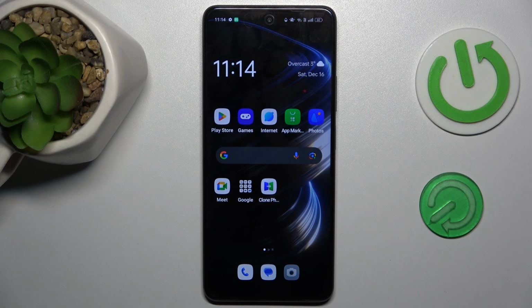Hi guys, today I have OPPO A2 and I want to show you how to set mobile data limits on